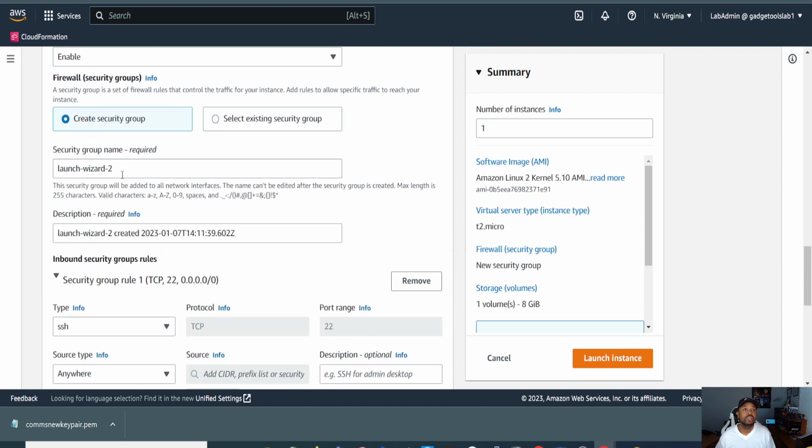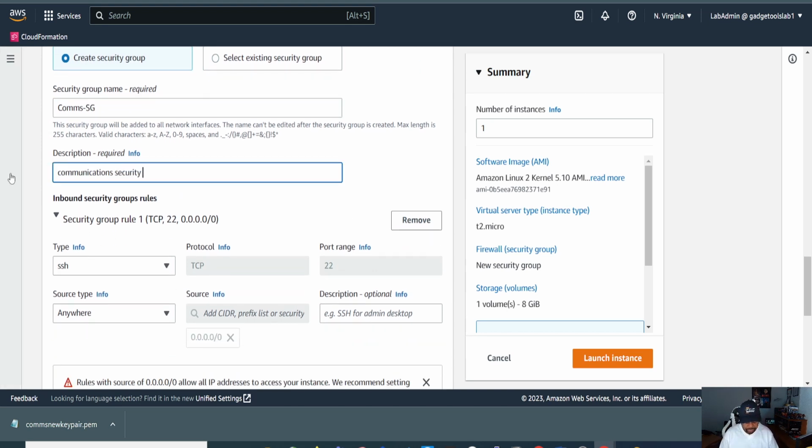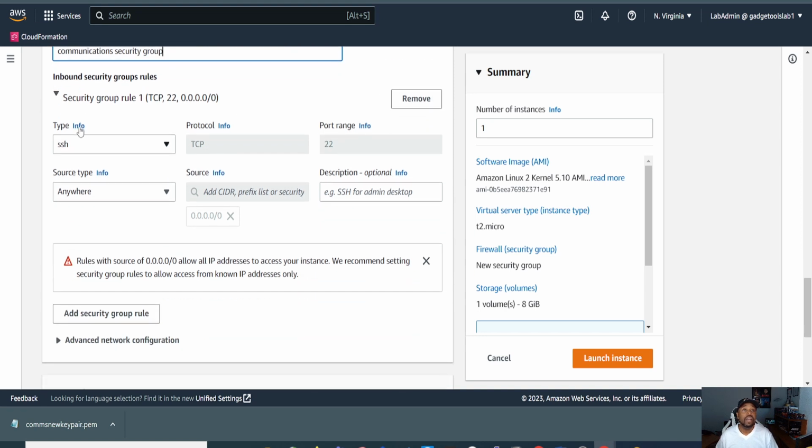We're going to call it comms-sg, communications security group. Now, we definitely want to have SSH on port 22 so we can log into the server,